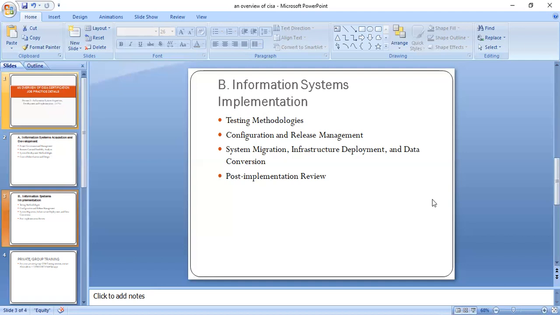Then post-implementation review. After the system has stabilized, 1 year, 1.5 years, set up a team to look at the entire process all over again. What are the lessons learned? What are the project management concerns? What are the gaps that are still present in the system, even though the system has gone operational?